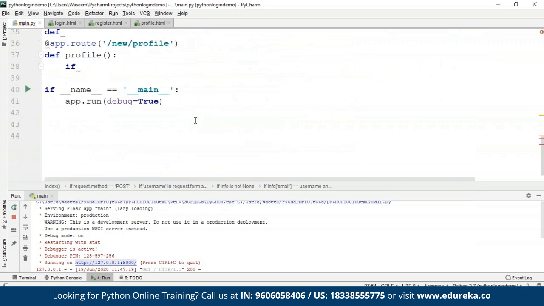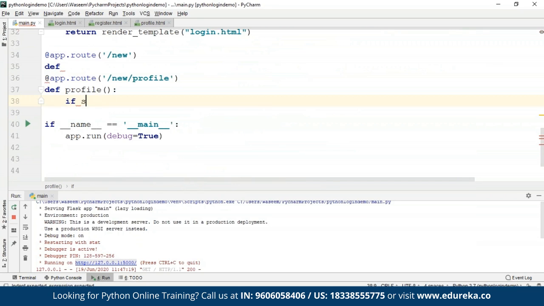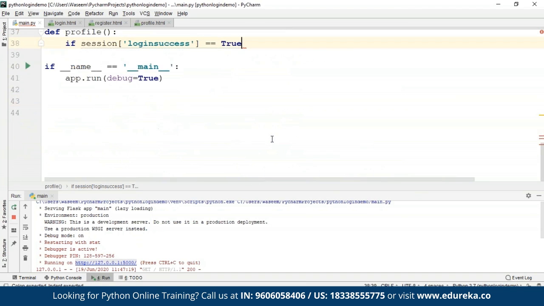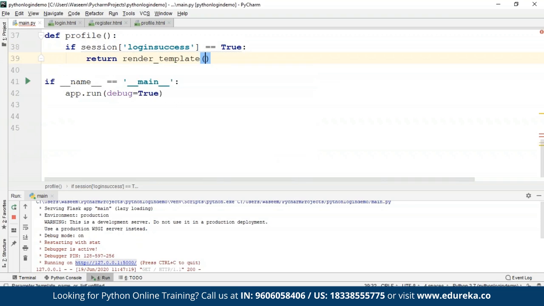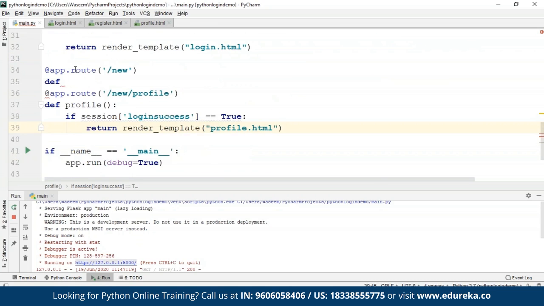So if session object login success is equal to true, we will return render template profile dot html. Right guys, and